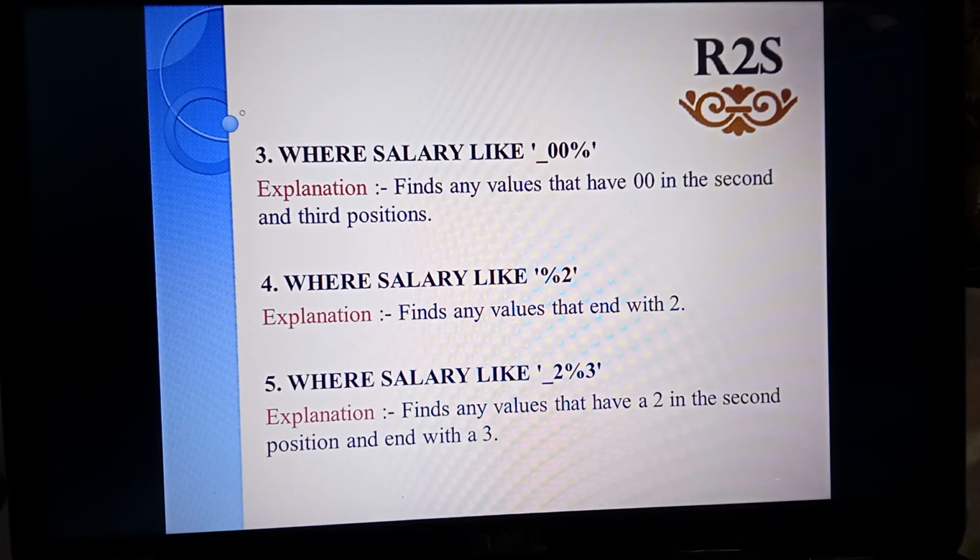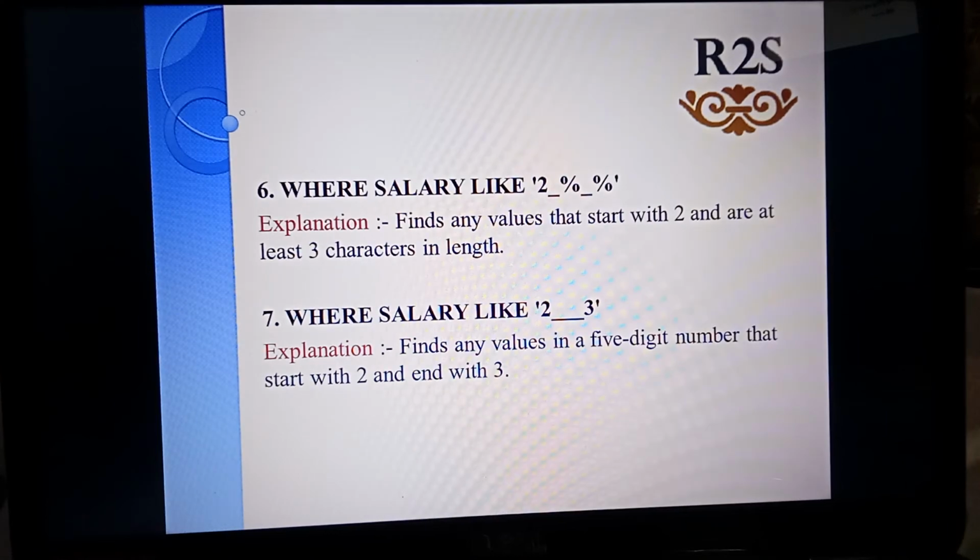In the third example, you can see it will find any value that has 00 in the second and third position. In the fourth example, find any value that ends with 2. In the fifth example, find any value that has a 2 in the second position and ends with a 3.